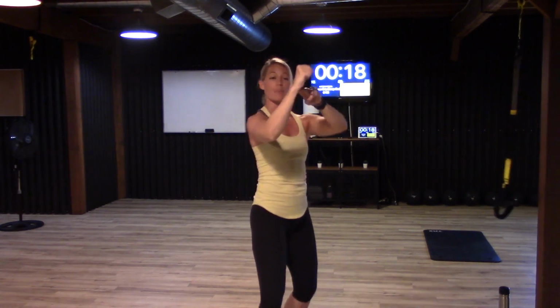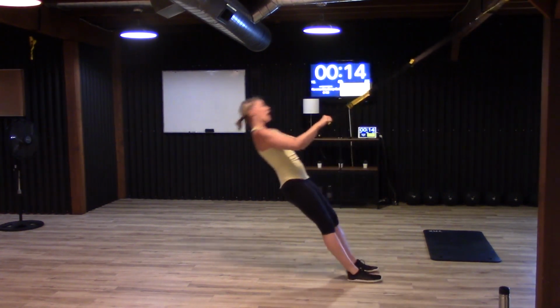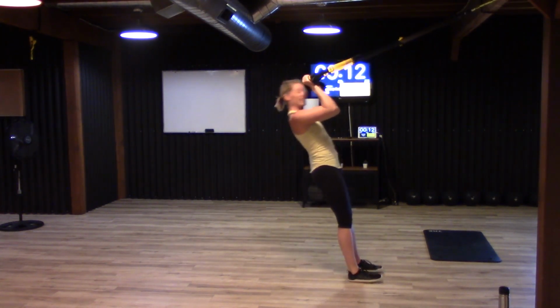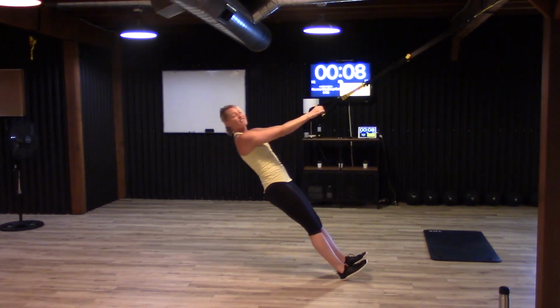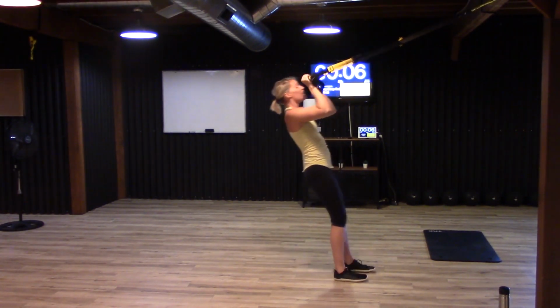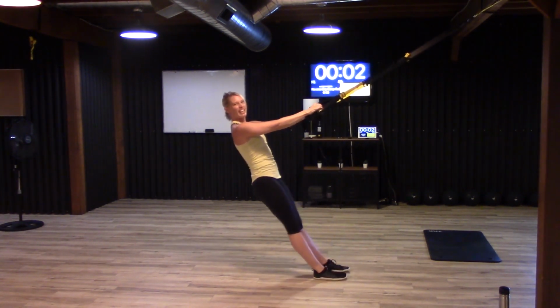Now, with this reverse grip, it's kind of hard because you got to get into some external rotation. So sometimes when people come into it, again, their elbows cruise out to the side. So what you're going to try to do is keep your elbows pointed in front of you, all right? Same deal, knuckles come to temples, wrists are going to stay straight as you pull yourself up and back. If you don't feel anything yet, and we've got 10 seconds left, that means you need to get further down in your angle, okay? If you can feel yourself starting to lead with your hips, then maybe take like an inch step back,